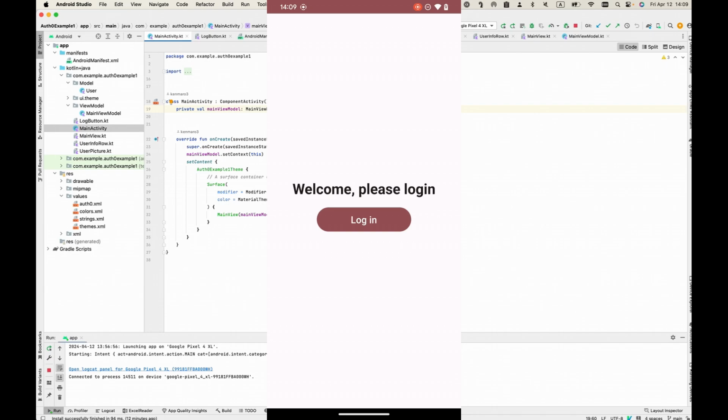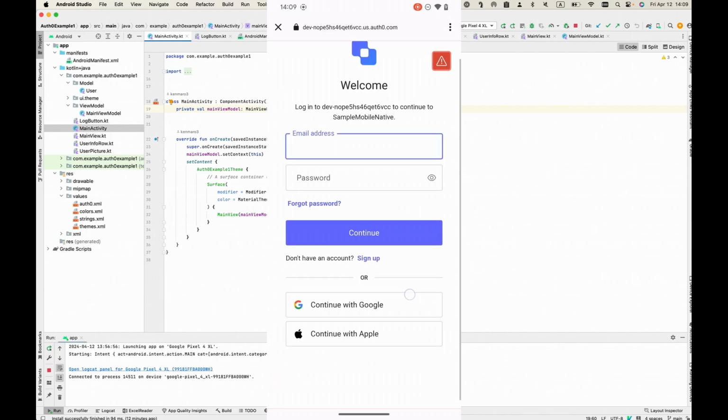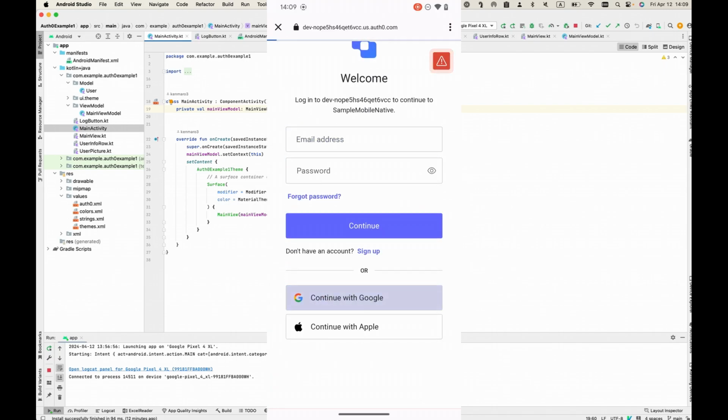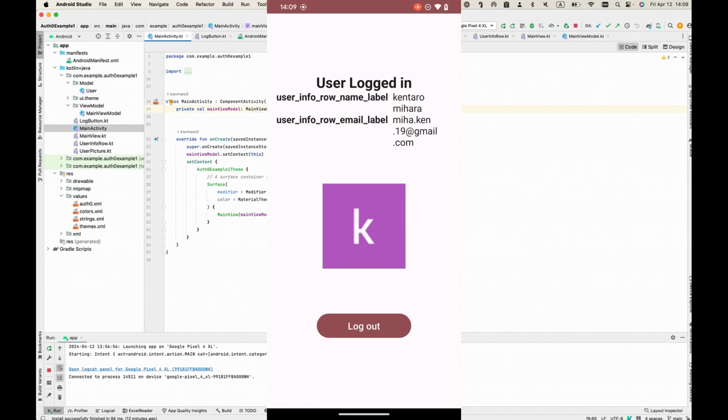So the welcome page login screen is welcoming you, and you've got a login button right here. Let's press it, and then there's a pop-up from Auth0, and right now I'm gonna just continue with Google Auth, Google accounts. That will go to the user login page after the callback, and then user info for the registered name and an email, and also the profile photos